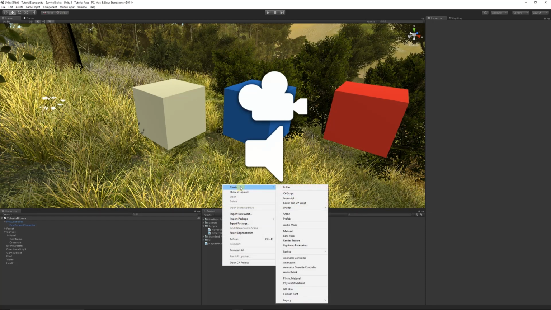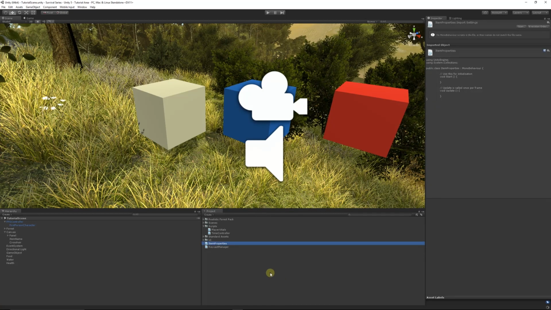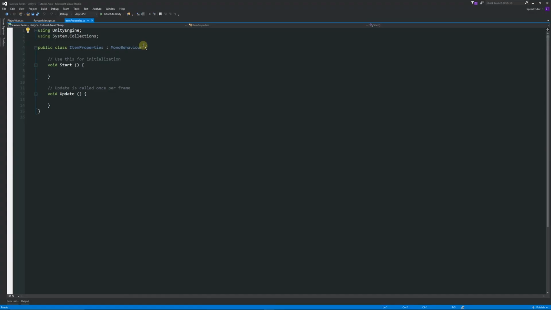So it's good to break up your scripts into different managers or different items so you can keep it all consistent and not get too confusing. So we can right click in the project and create another C# script and we can call this item properties if you so wish. And then we can open that up. What we can do is knock this curly bracket down, and get rid of the